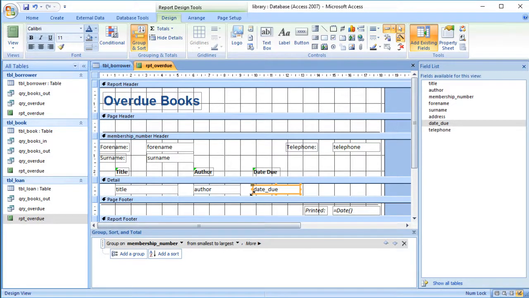So now what we'll see is the information about the person will only appear once. So let's make that bold and italic. There we go. So we've got a group header containing the information about the person and some headings, and then we've got the information in the details section, and that information can be repeated, so there might be several books